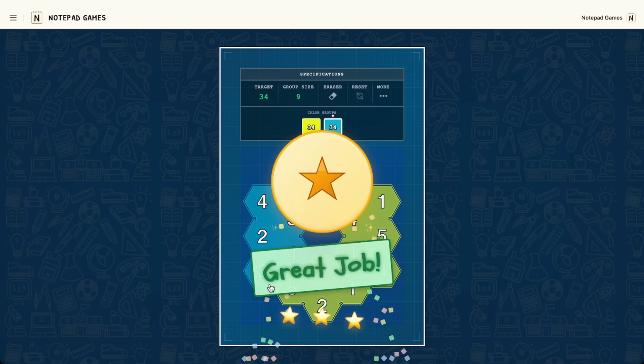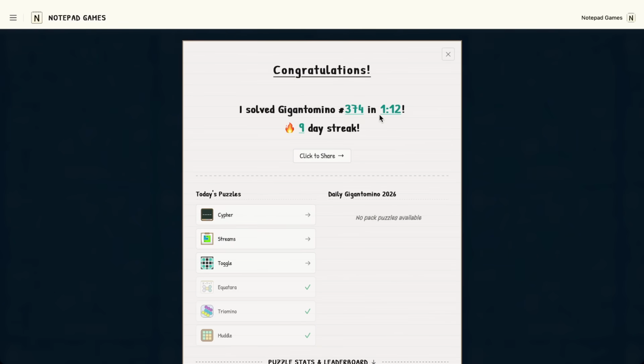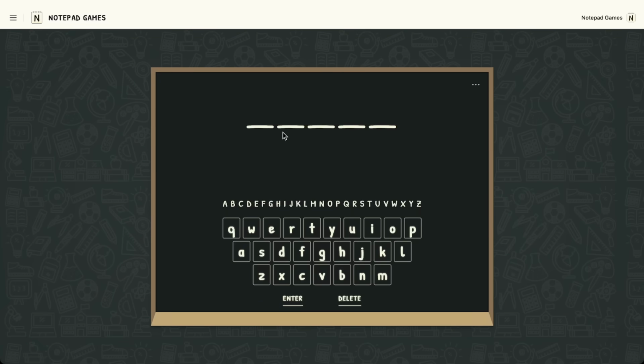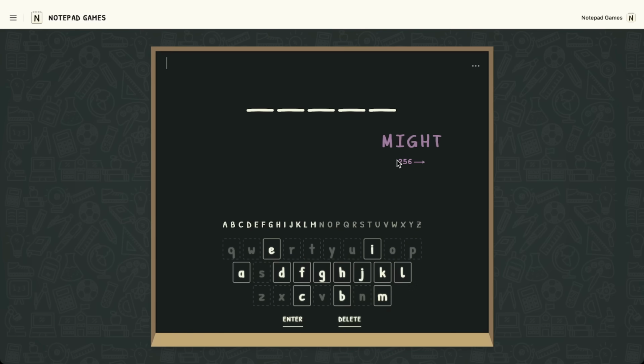And that was today's Gigantomino in 1:12. Let's move on now to the Cipher. 5-letter word today. I'm going to start in the middle-ish of the alphabet with might, 256 away. So for the 5-letter words, 256, I'm going to go